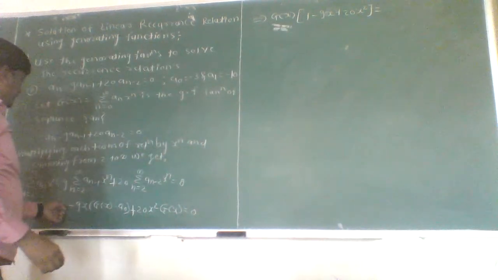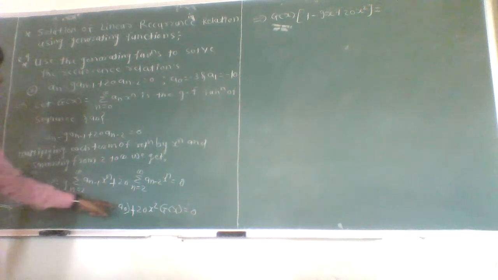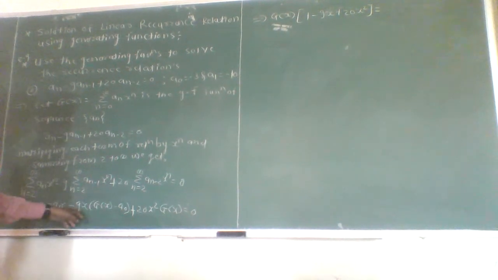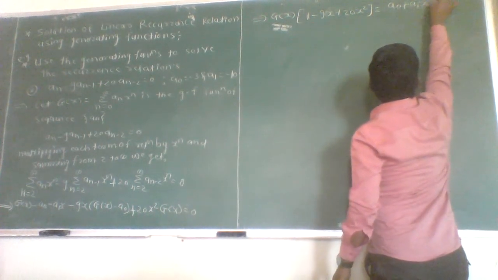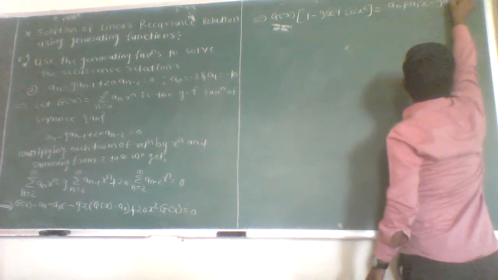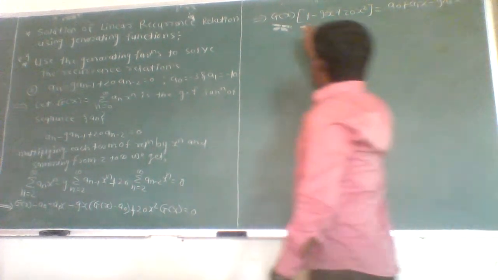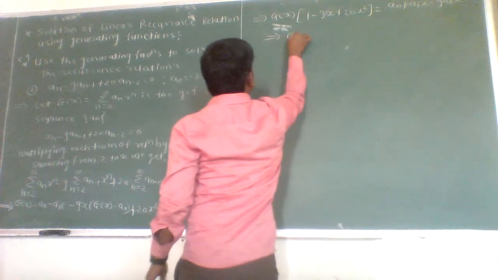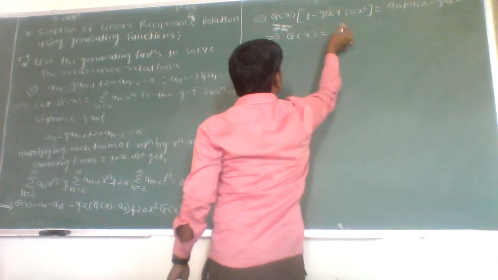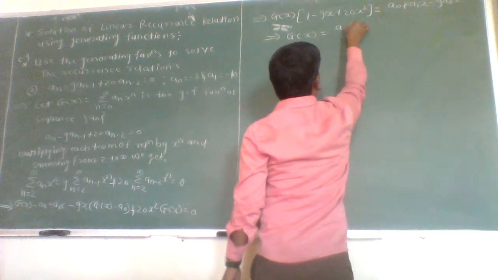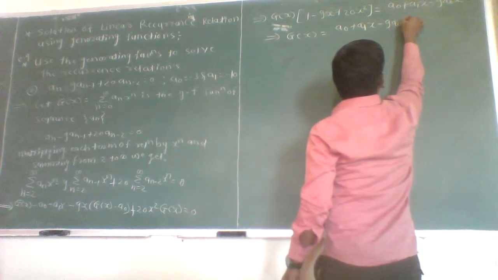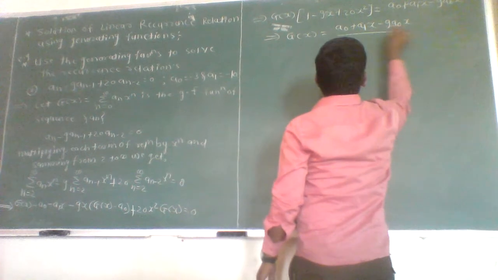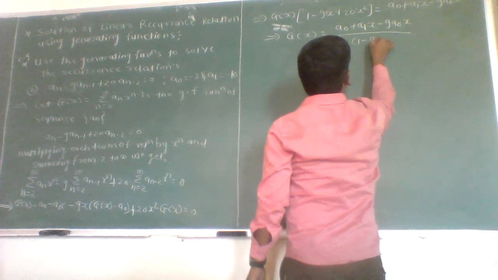Here a naught plus a1x minus 9x minus a naught, which is minus of 9 a naught x, plus a1x minus 9 a naught x, which implies g of x is equal to a naught plus a1x minus 9 a naught x divided by 1 minus 9x